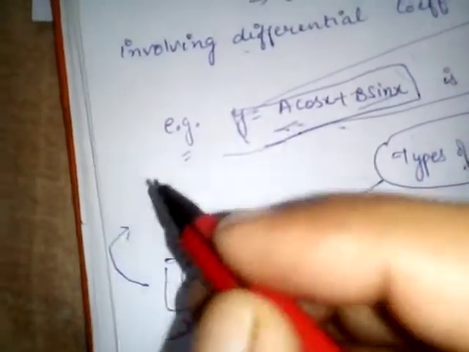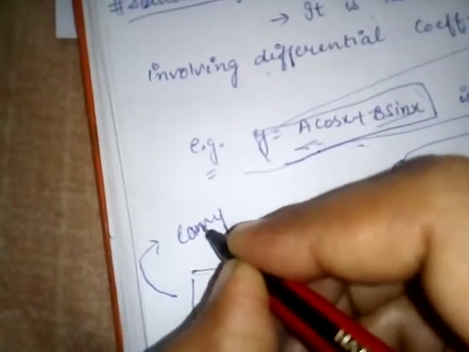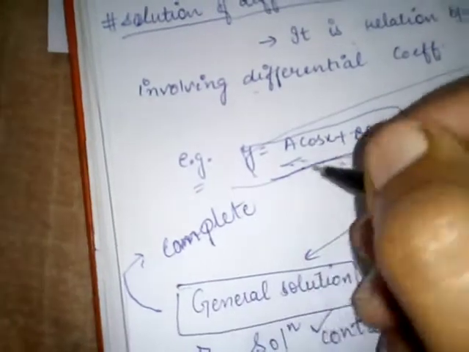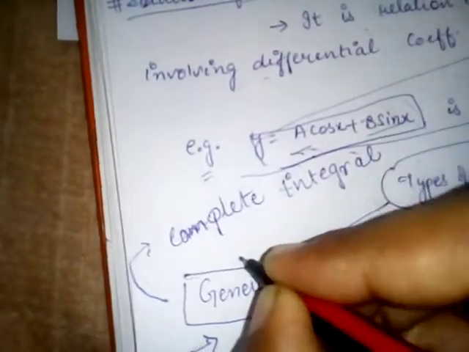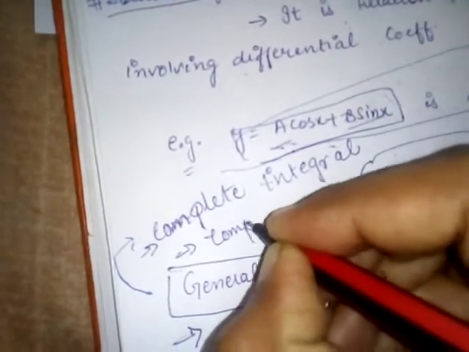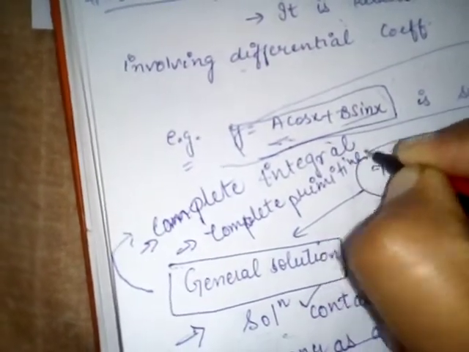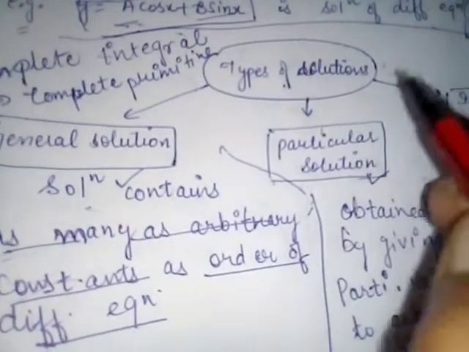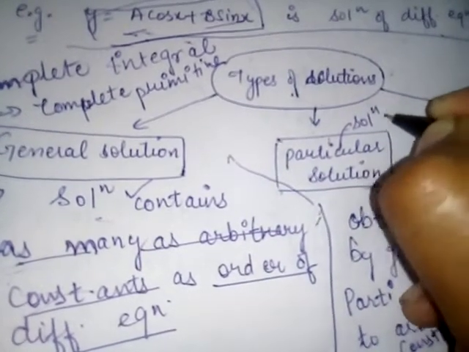One concept is left here, that general solution is also called complete integral or complete primitive, and particular solution is also called particular integral or particular